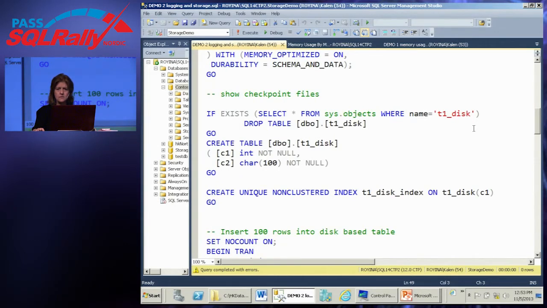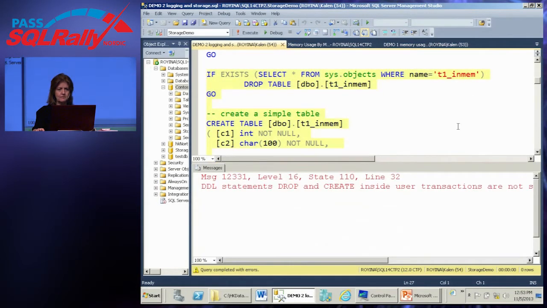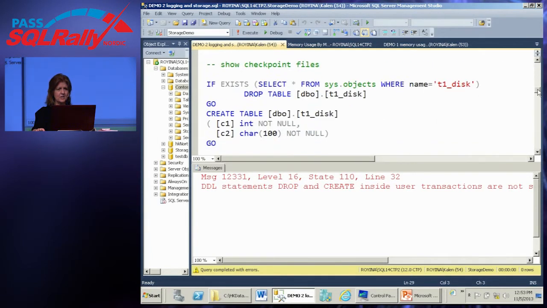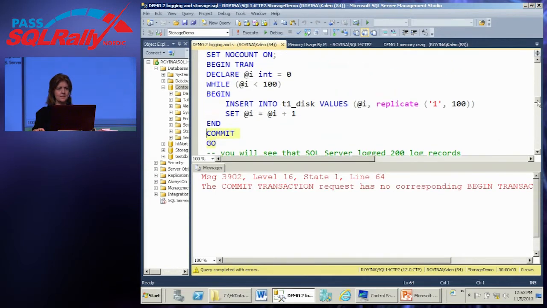Let's create that memory optimized table. I'm in a transaction still? I'm so sorry, I am not in a transaction still. All right.